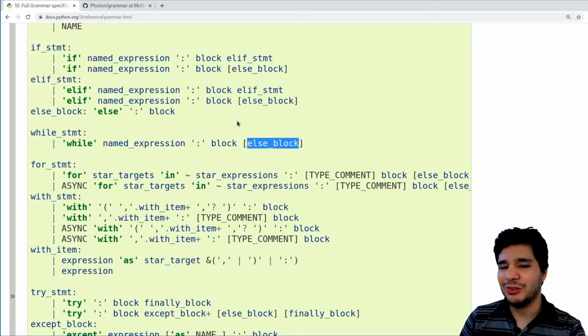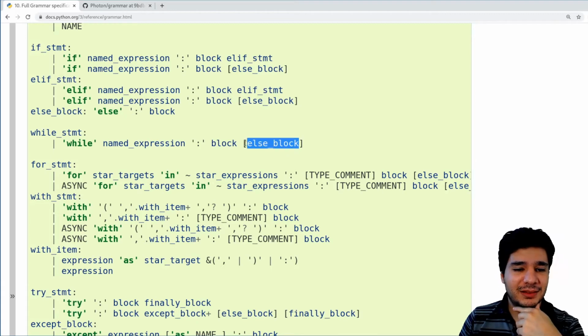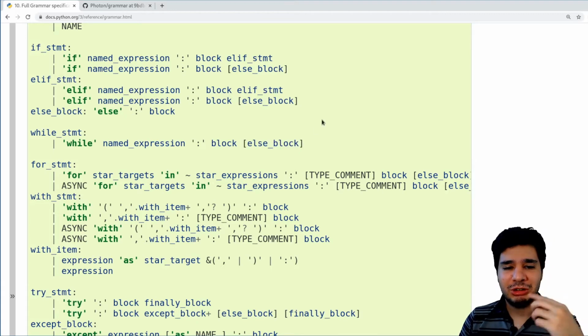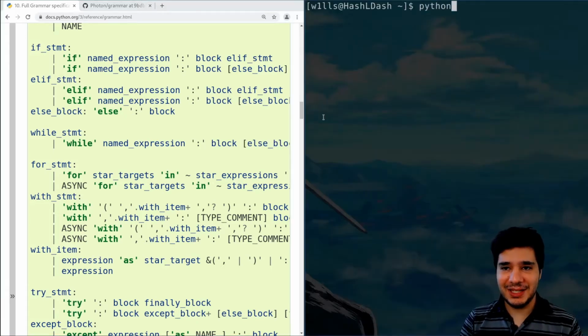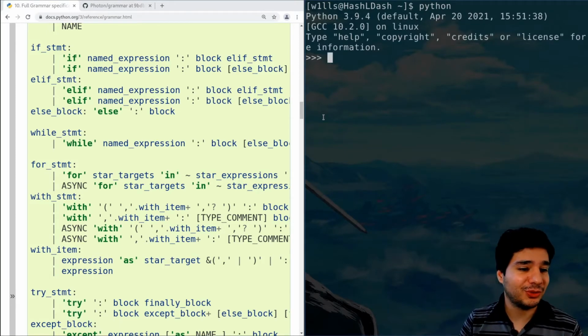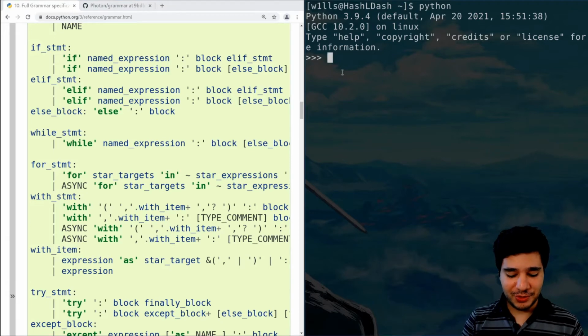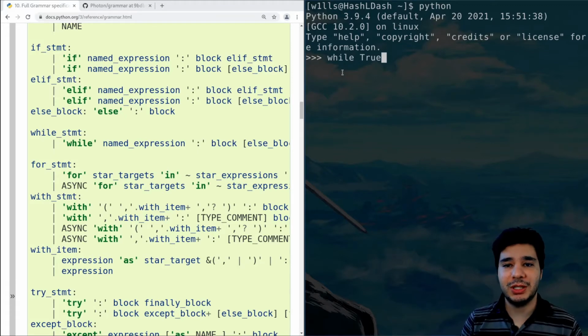While with else, and this means that it's optional. So let's try that and see if it's valid Python. Looking at the grammar, yes, it's valid. So we can say while true, where true is an expression, then a colon, then a block of code